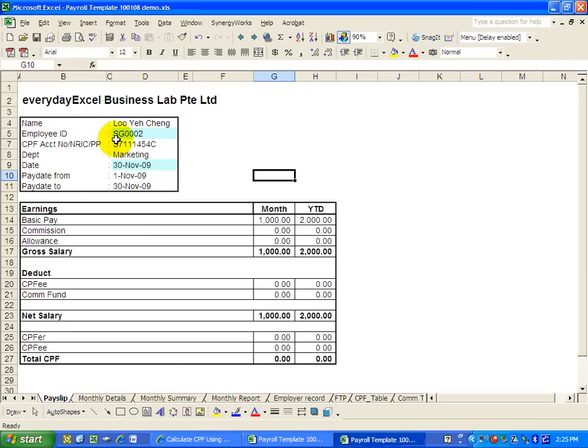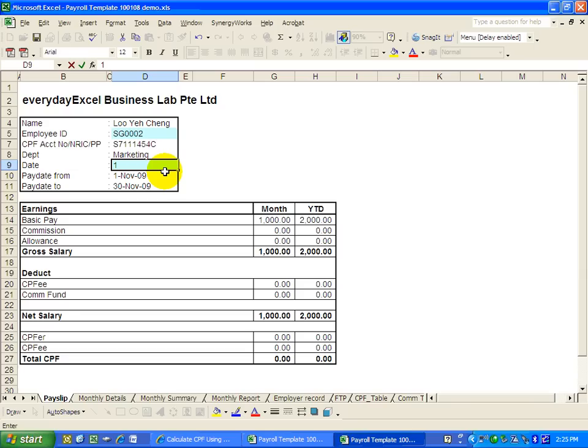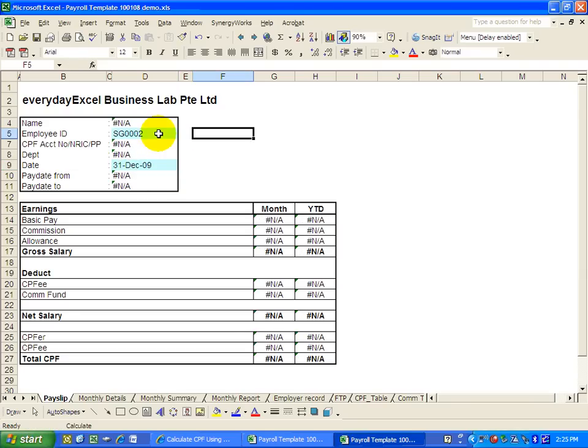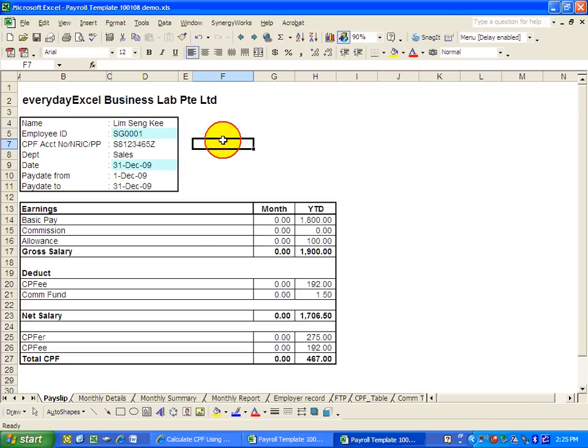Okay? Just need to change the date to 31st December 09. Okay, we can only key in one staff, so you just change one and they will populate the details, and this will be the payslip. Alright,